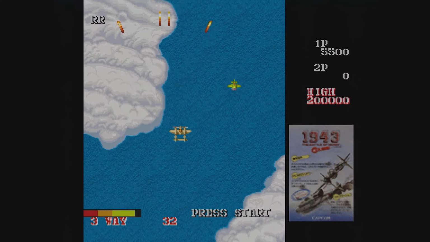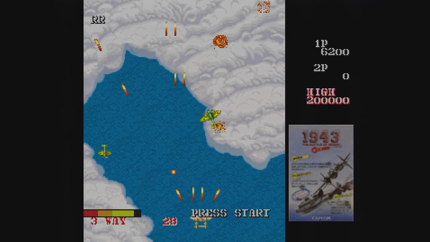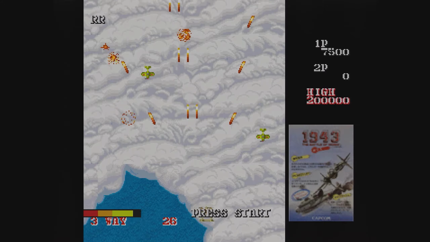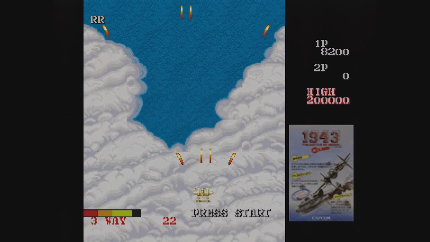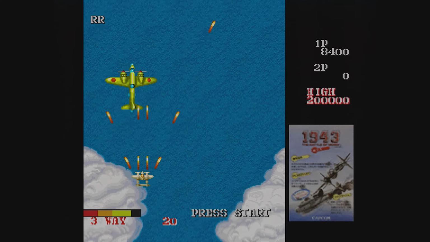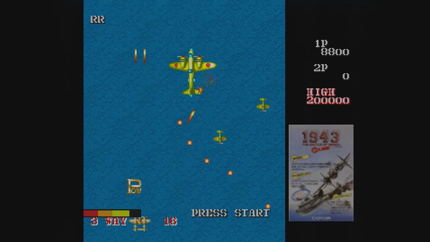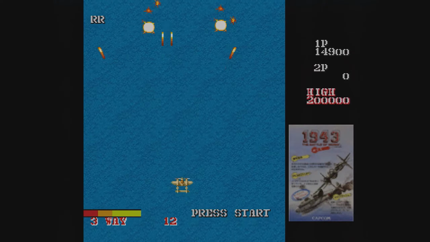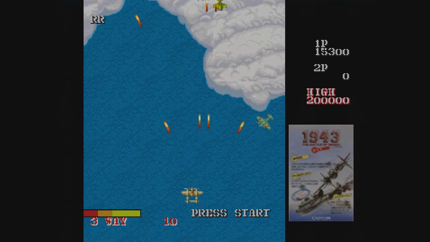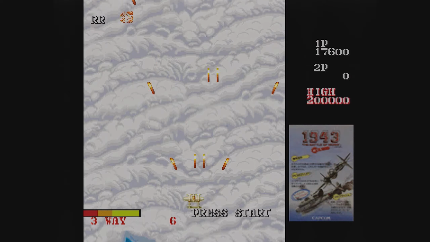And you get the same aircraft to control. You've got a 4-way shot option here. So they ramped it up for 1943. They ramped up the weapons. You can get shotguns, and maybe not in this one, but you can get like a bomb thing, sort of like a missile thing. But you have to keep collecting the power symbols to